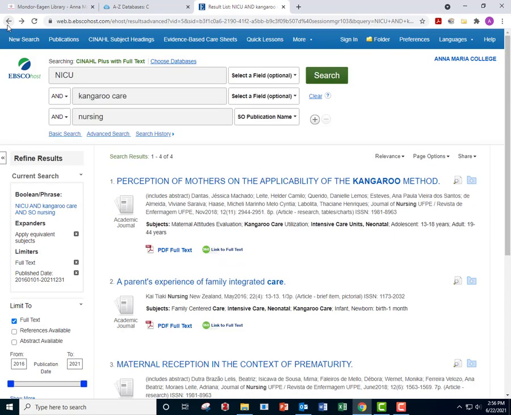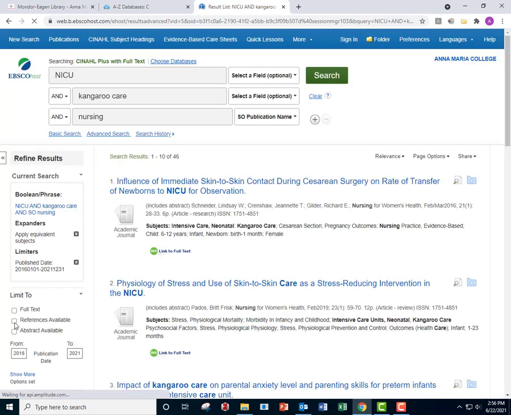If you're having trouble finding articles that are available in full text, you can also look at articles that aren't available in full text and request them through interlibrary loan. To show you how to do that, I'm going to remove the full text limiter on the left. Interlibrary loan is a free process where you can request a copy of an article from another library. Once the article comes in, you'll receive an email with a PDF of the article that you can keep, though it does take a few days for the article to be delivered,